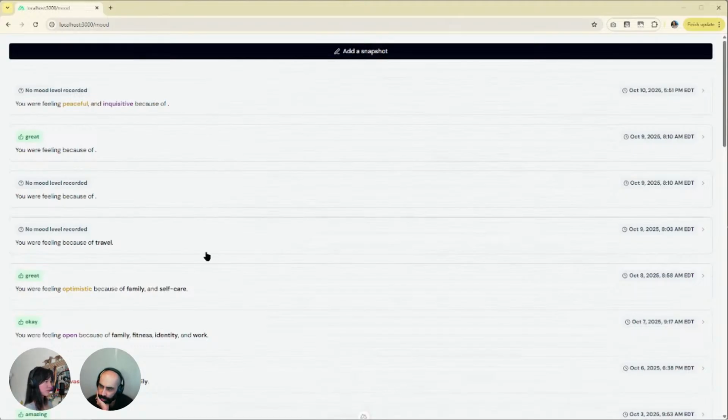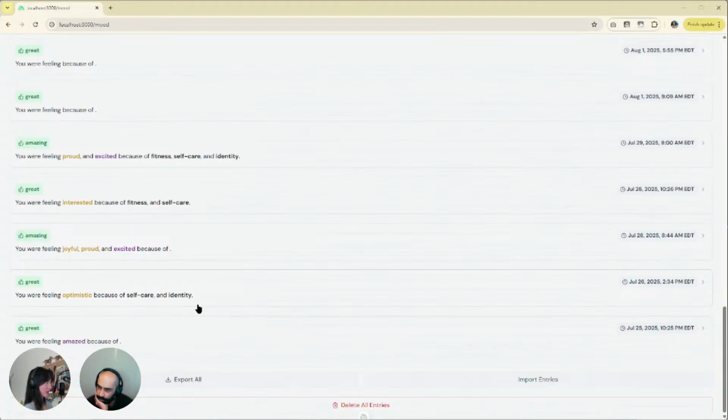Yep. There was a small bug, and I'm not sure if it was introduced during all the AI-ness and me not testing every single thing after each change. The bug was when you're exporting, I don't know why it was only exporting the first 7 items rather than the whole thing. Oh, nice. And so I think I fixed it. Okay. And I think that's it.